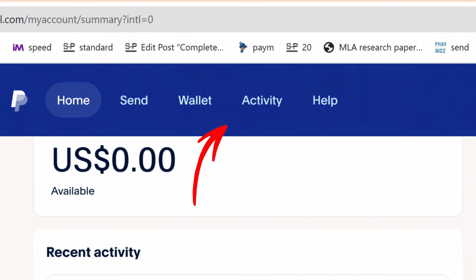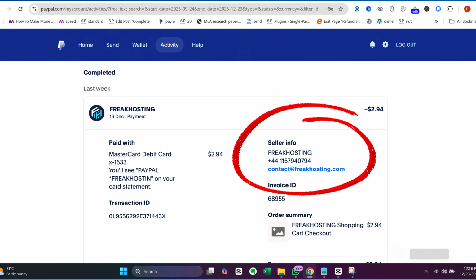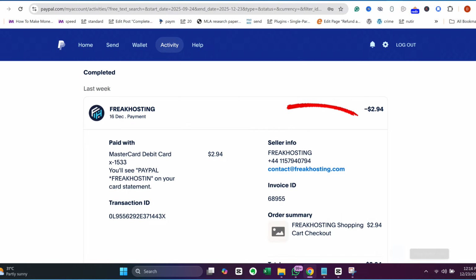To request a refund for a completed PayPal payment, you'll need to contact the seller. Open your Activity tab and select the specific transaction to access the seller's contact information. Click Contact Seller to send an official message, as PayPal requires this documented attempt before you can successfully escalate to